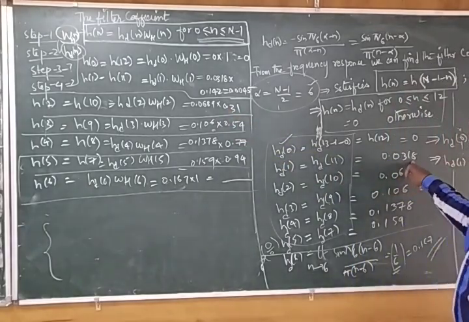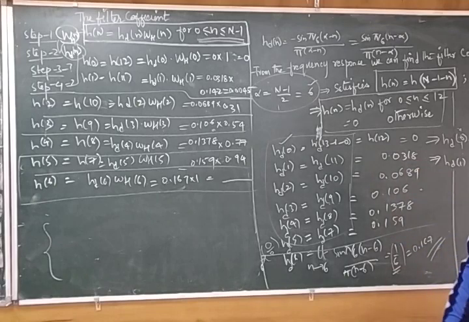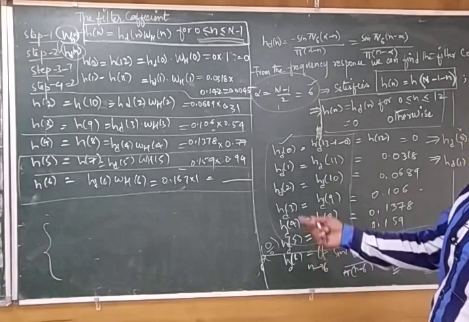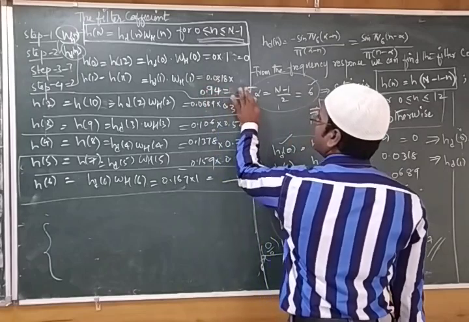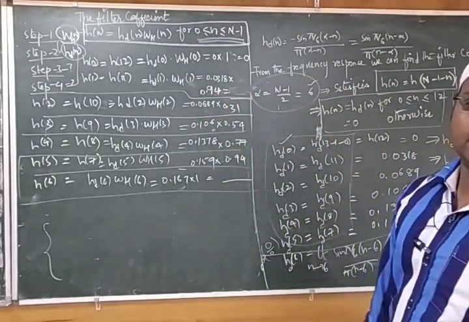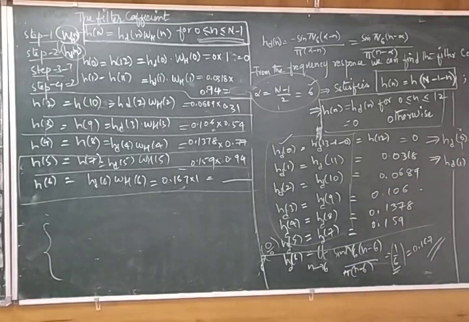We obtain 0.0318 into ωH of 1. So ωH of 1 we had as 0.94. That value we need to write here. So we'll multiply with ωH of n, which is 0.94, and whatever answer you have, you will substitute that. Similarly for the next one, hD of 2. We obtain hD of 2 as 0.0689, into ωH of 2. ωH of 2 we obtained as 0.77. So substitute those coefficient values.